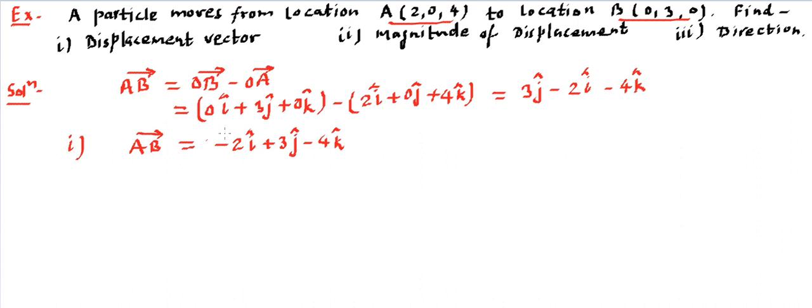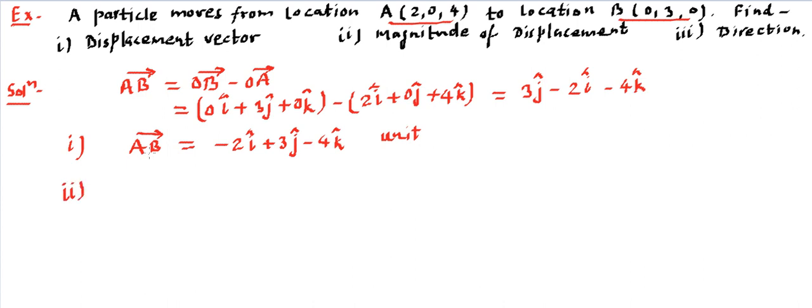So i cap is first, then j cap, then k cap. So this becomes your displacement, this much, in units, whatever the unit is given. If it is in meters, we can write meter. If it is in centimeters, we can use centimeter. So the AB vector, that's a displacement vector, becomes this, and it carries both magnitude as well as direction. So you will get this kind of option. You need to simply mark this. That's a complete answer. Now let's go for the second part.